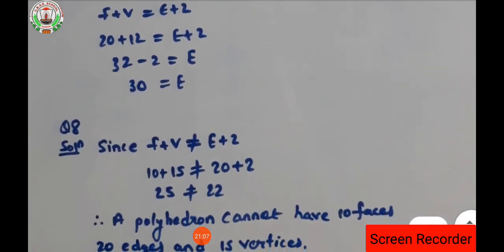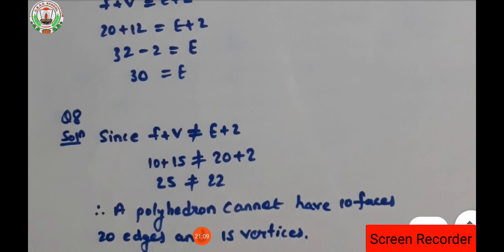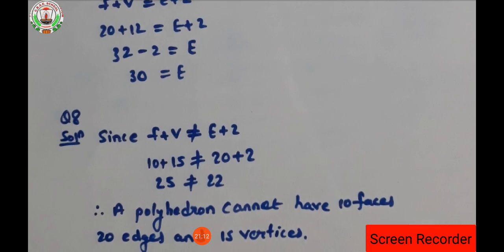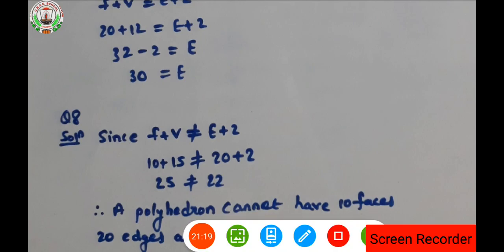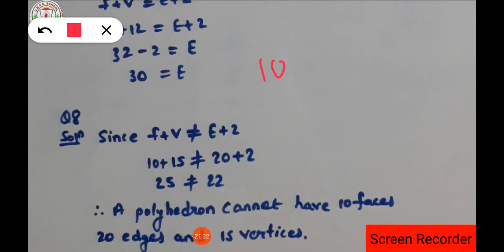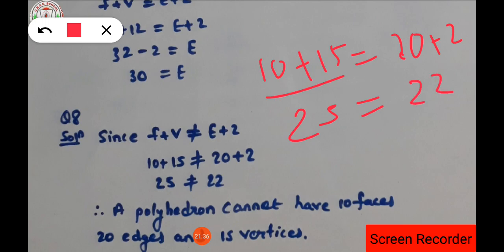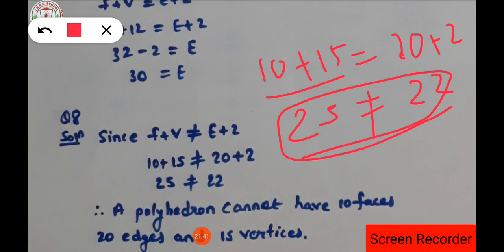Clear, everyone? Now the last question of this chapter is, F plus V is not equal to E plus 2. Why is it said? Because in the question the value of face is given as 10, vertex value is given as 15, edge value is given as 20, and 2 comes from the formula. So on addition of these numbers, how much does it become? It will become 25, and 20 plus 2 will be 22. Since here LHS and RHS are both not equal,